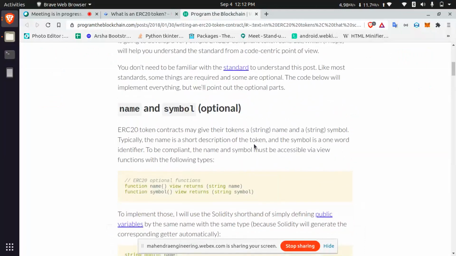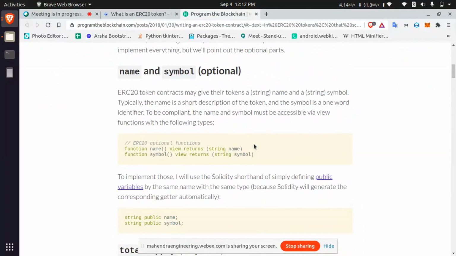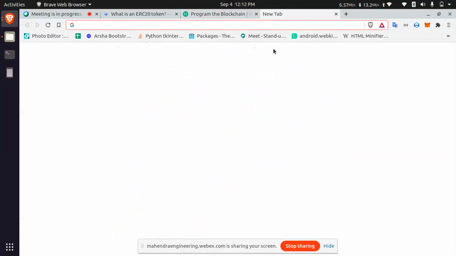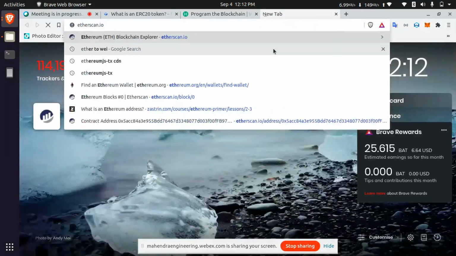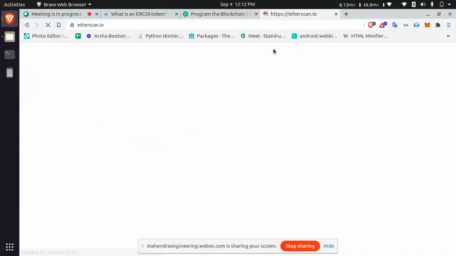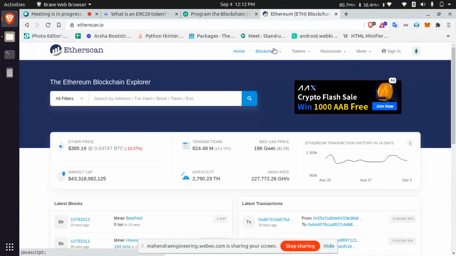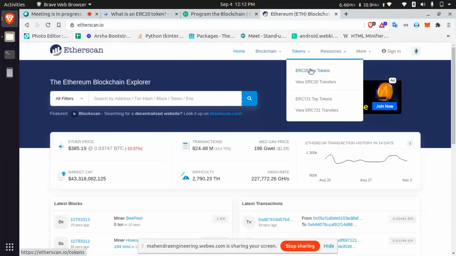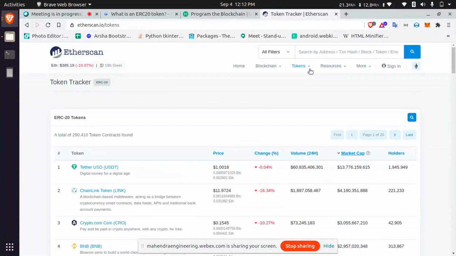Name and symbol. The name and symbol are used for identifying your ERC20 token. How do you identify your ERC20 token? Let's open Etherscan. I am just moving to top ERC20 tokens, or else I can type, say, BAT.